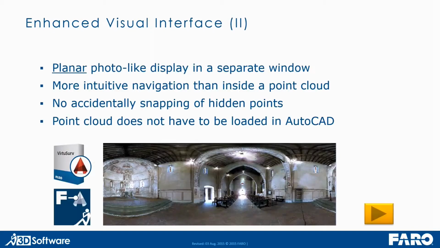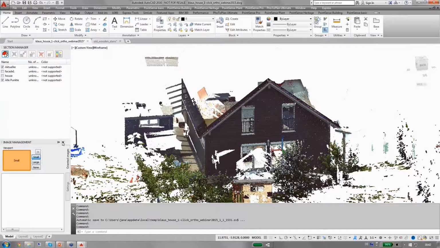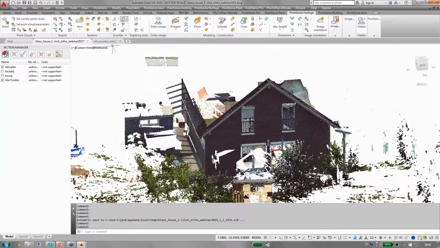Let me go back one step first. I'd like to show you the scan navigation tool. We have a small scan project here, and to use the scan navigation tool, you can create scan labels from your ReCap project by just clicking this button,